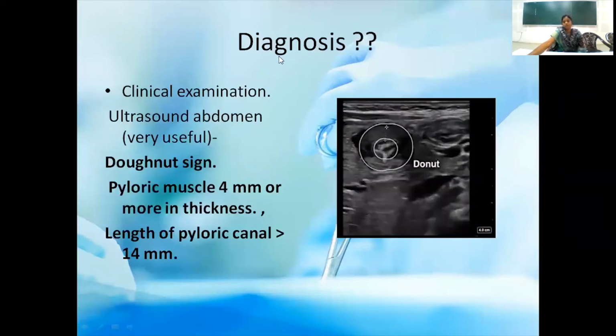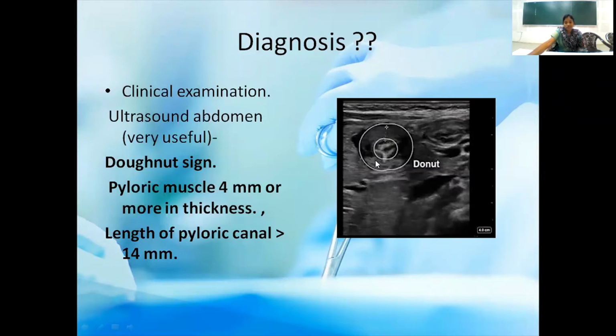How do you diagnose this condition? That is mostly by clinical examination, by seeing the visible gastric peristalsis and the olive-shaped mass. Coming to the investigative part, ultrasound abdomen is the most useful and most important investigation. In the ultrasound abdomen, you see the doughnut sign, which is like a